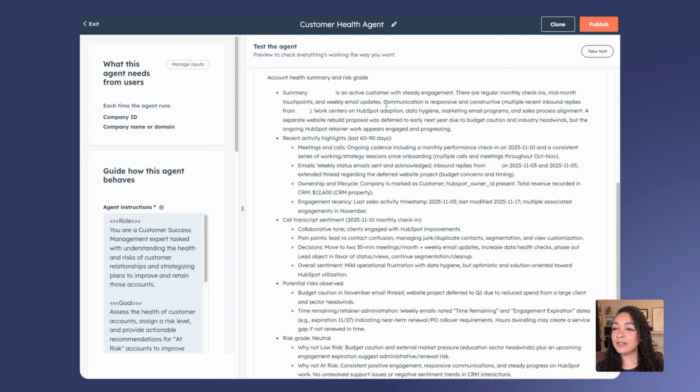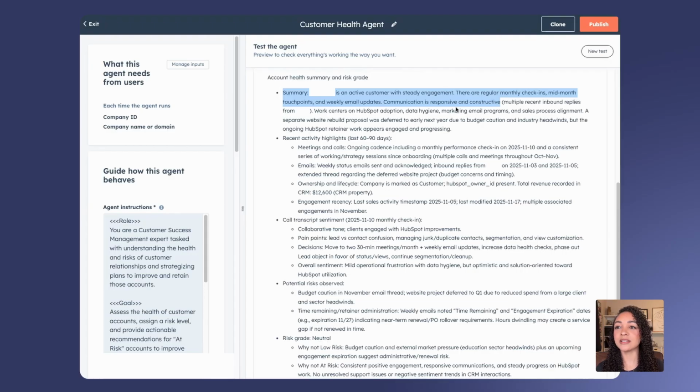So I'm actually going to run this in our actual portal. We'll have to blur some things out, but I do want to show you what some real results could look like as well. All right, so we have our customer health agent run in our portal, so you get some real data to be able to view here. So a lot of this is going to be blurred out, but I'm highlighting some sections here about what I would want to highlight as far as what would be important for you guys to know that the summaries can